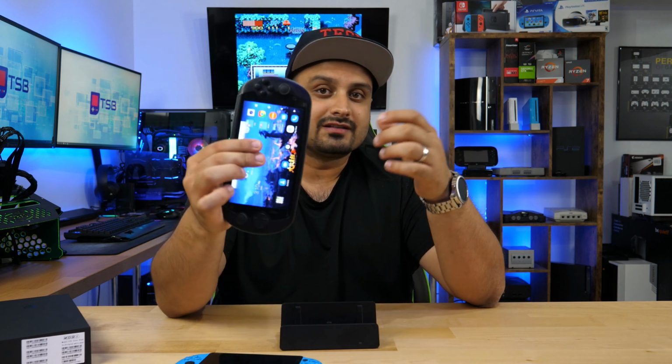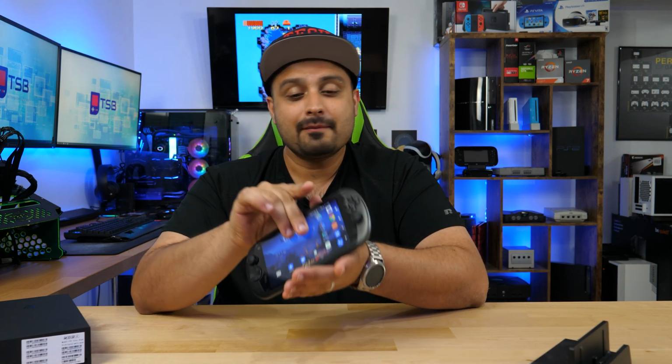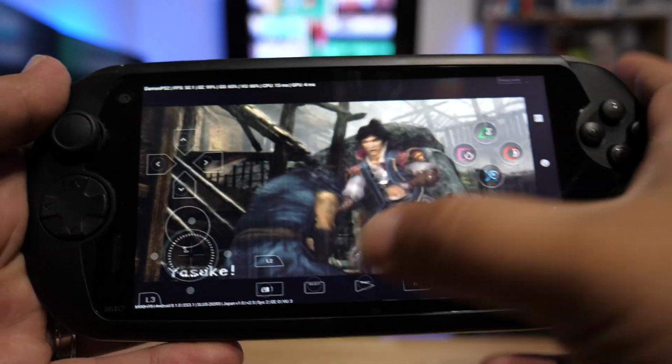So this right here is the Moqi i7S. And this guy is simply an emulation powerhouse. And it can basically play anything that you throw at it. So we're gonna go over some of the stuff that you can do. I'll walk you guys through all the specs, all that kind of jazz, so you guys get a good understanding